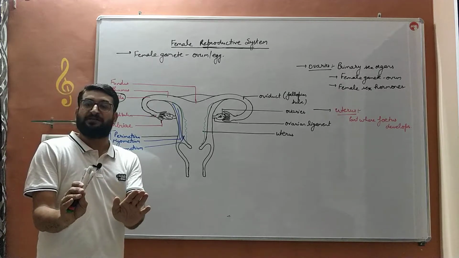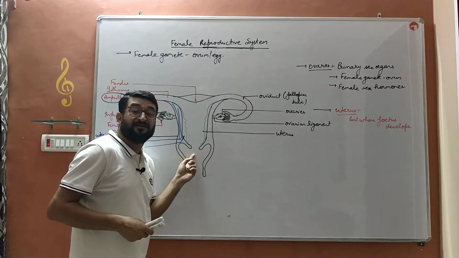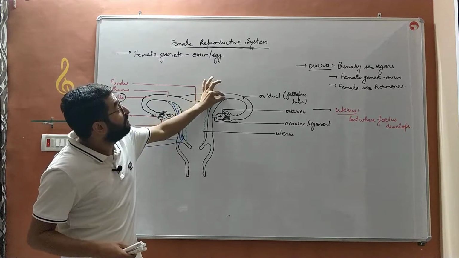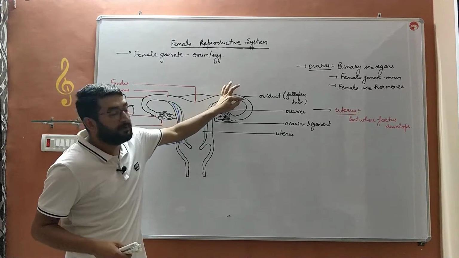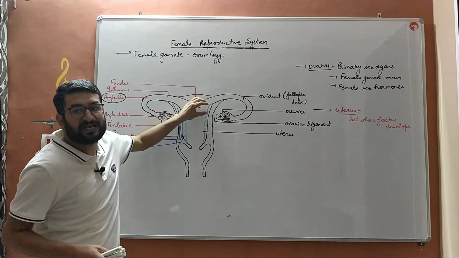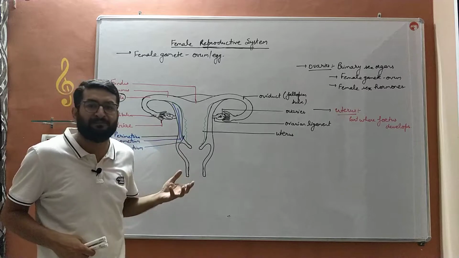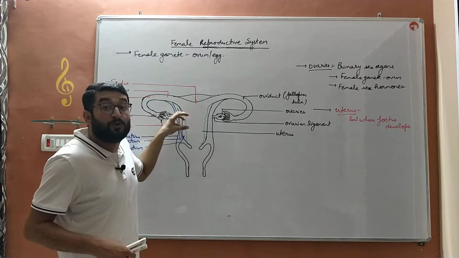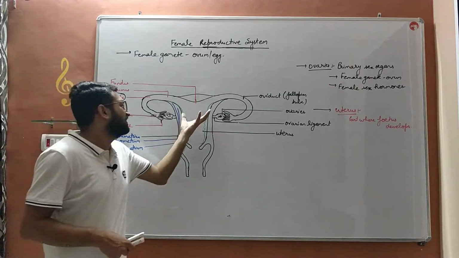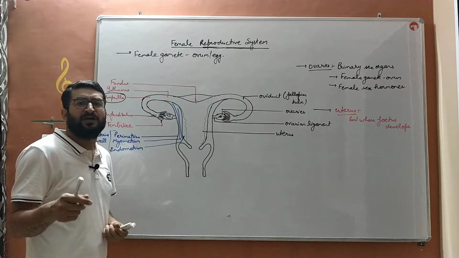If fertilization takes place, if a female is married or wants to have a baby, then whensoever the sperm enters, that sperm will go there, as sperm can move on its own, and the ovum will be fertilized in this part, that is ampulla. Then zygote will start to move and will embed in this wall. Zygote आएगा बच्चे, divide करना शुरू करेगा. At a 64 cell stage, which is known as an embryo, it will usually get stuck and embed into this endometrium. Otherwise, after every 28 days, this endometrium will shred off and come out of the female's reproductive tract in the form of menstrual flow.